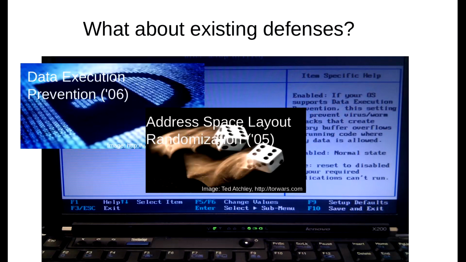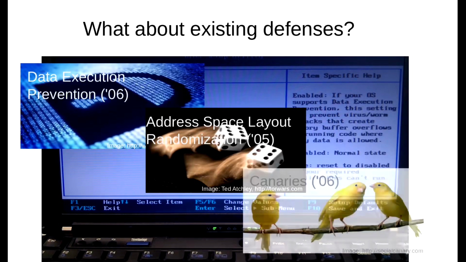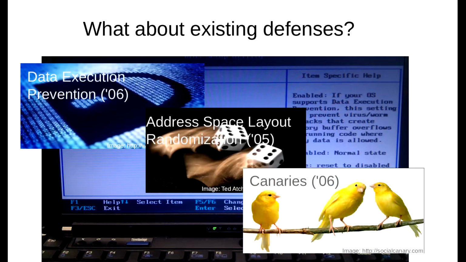And if we assume that the attacker can read arbitrary memory, the attacker can easily sidestep this defense mechanism by reading out some pointers and thereby reconstructing the randomization algorithm that was used, leaking the correct addresses, and crafting an attack carefully that sidesteps this defense mechanism. And the same goes for stack canaries that protect against overriding the return instruction pointer on the stack. If the attacker can read out the stack frame before that, the attacker can carefully craft an attack that sidesteps this defense mechanism. So it looks like we're at a loss, right?